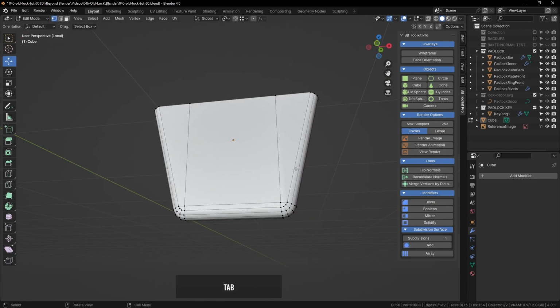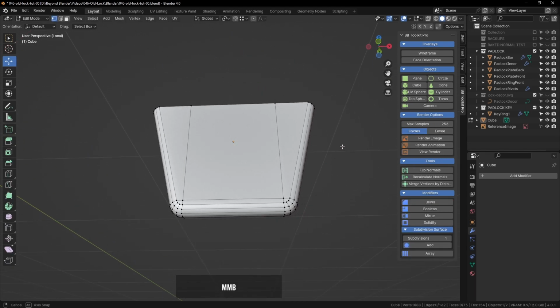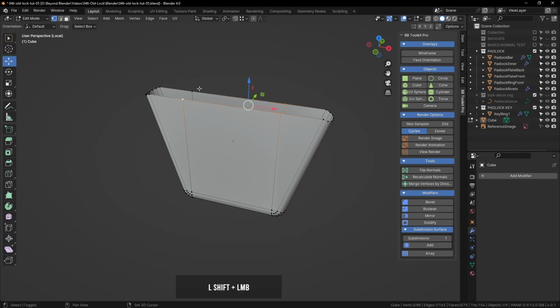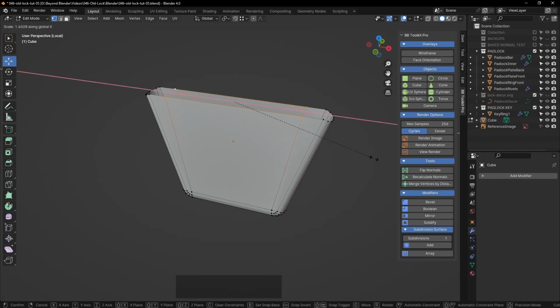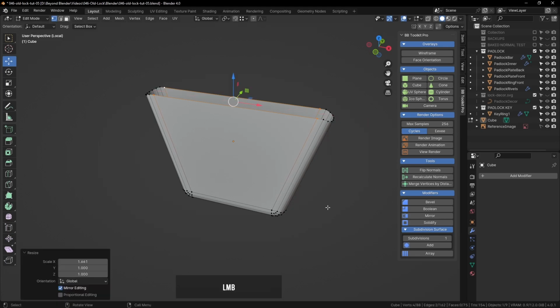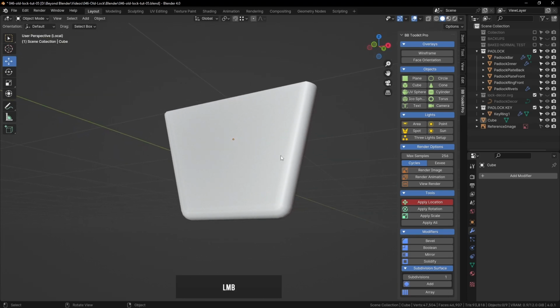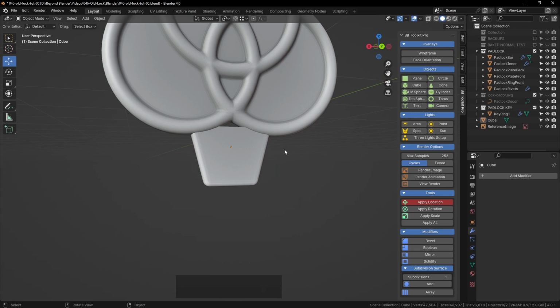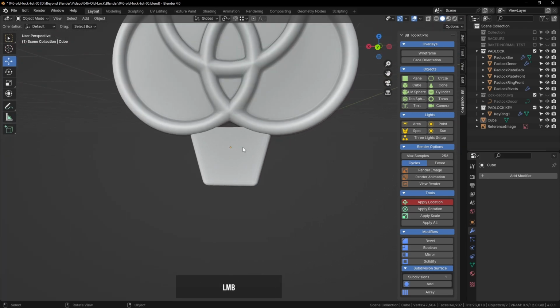Slightly weird there. So we can mitigate that. Let's select these vertices, S for scale, X to lock it to the X axis and just bring those in. Something like that. And that should mitigate this shading error. Not error, visual thing. We've still got that little gap there now, so we can tab back into edit mode,